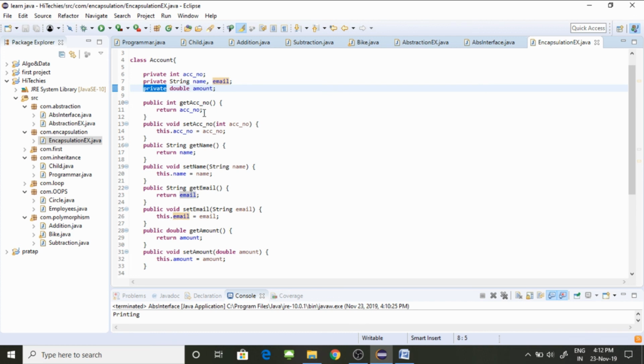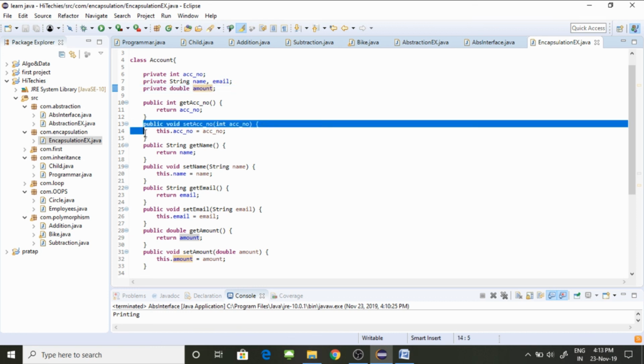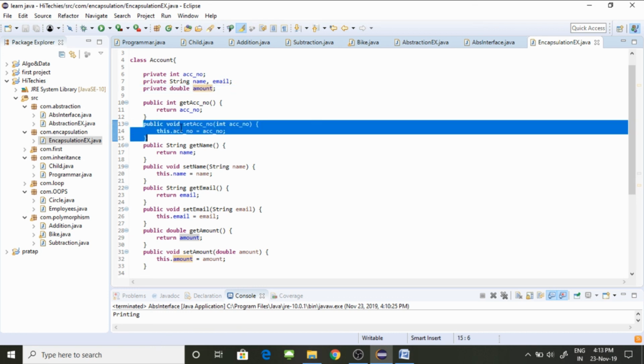Now what we're going to do is generate the setters and getters. So, what are setters and getters? To give a value to account number, name, email, and amount, we use a set method that is pre-described in Java. For example, to set account number as 101, to set name as Dell, to set amount as 1000, we use a set method. You can see this is the set method. So: public void setAccountNumber(int accountNumber) { this.accountNumber = accountNumber; }